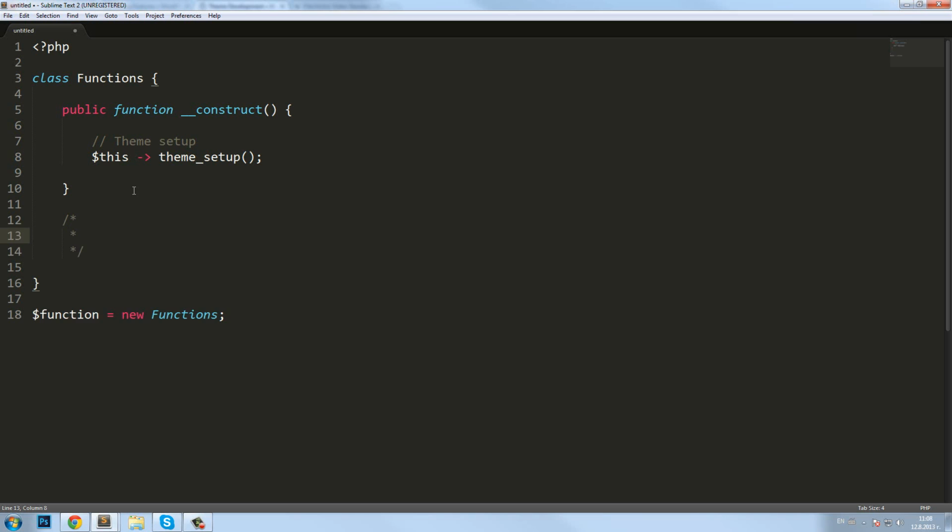And here we will write our little block of code about what this function does. It's a PHP block comment that documents your functions. I'm sorry about the loud keyboard. So we create this function, theme setup,